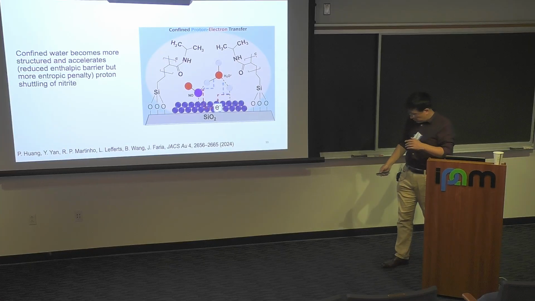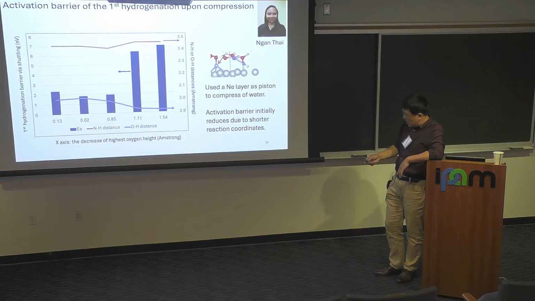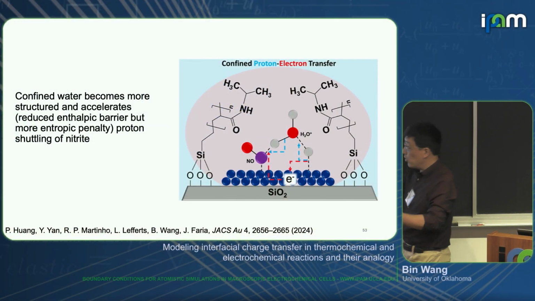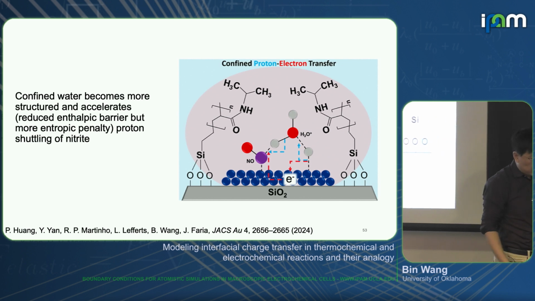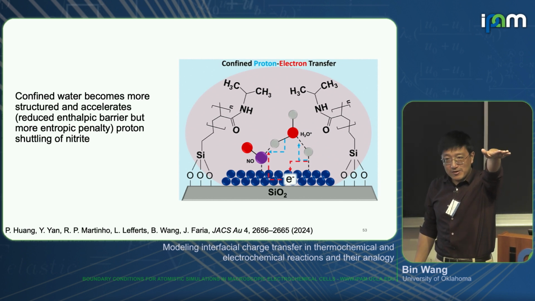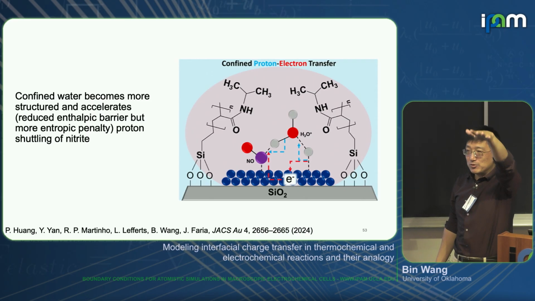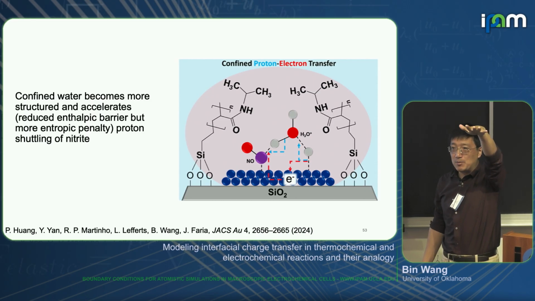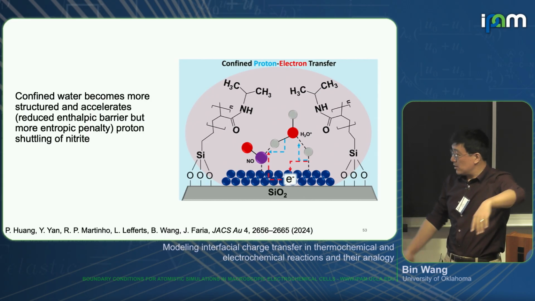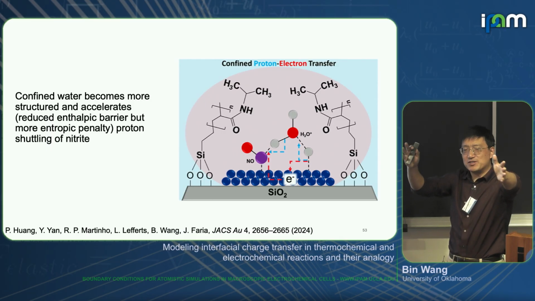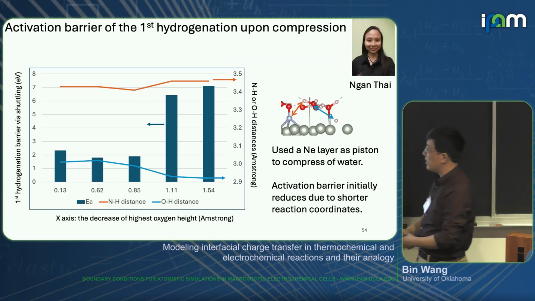Whether it's really true or not, we don't know. But now I'll give you another piece of information, some results we did recently. We picked exactly the same system here with water, but no polymer, just water and NO and palladium. That was during my time in Düsseldorf. At that time, they used the neon layer as a counter electrode. In this case, I just use the neon layer as a physical barrier. And then what I'm going to do is I introduce a flat neon sheet, and then I push it down like a piston to compress water, step by step. We start with the same water structure, so the water configuration doesn't change that dramatically. It's just some local distance change, which is shown here.